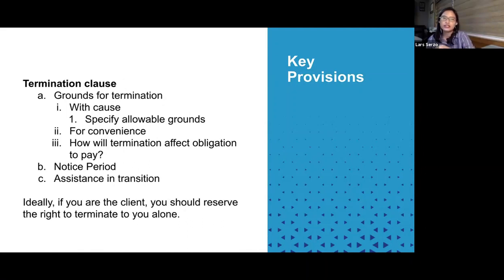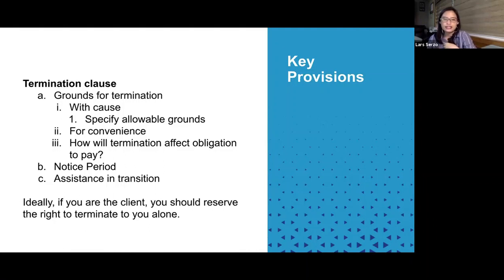For termination, what's crucial? The crucial thing here is if you're the client receiving the software product or the software services, ideally you should limit the ability to terminate to yourself, meaning you don't give the provider the chance to terminate the contract, at least not for convenience.